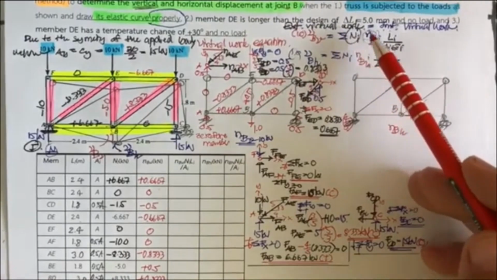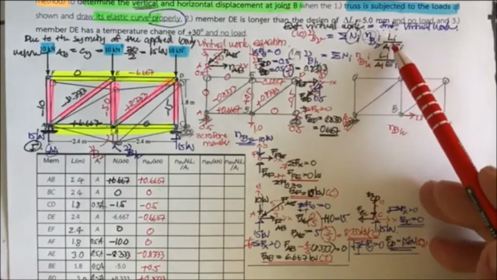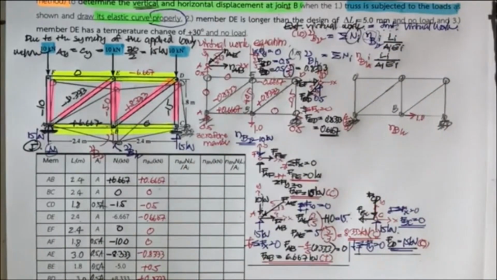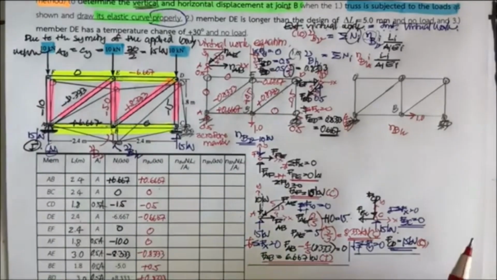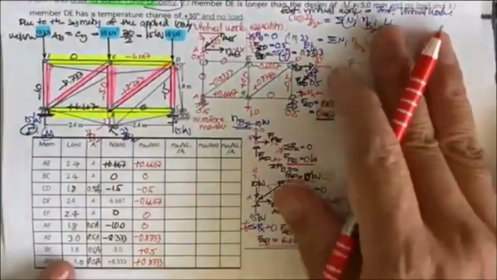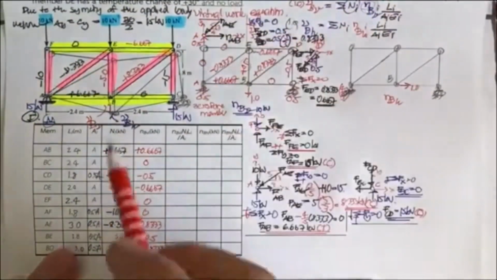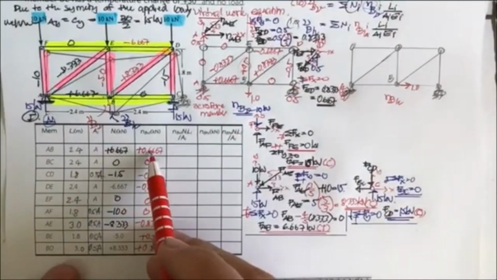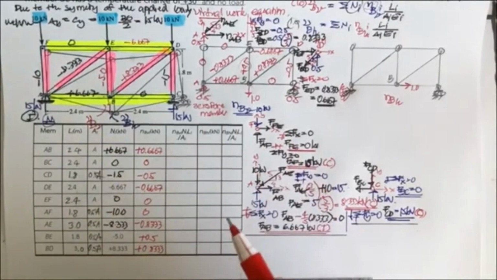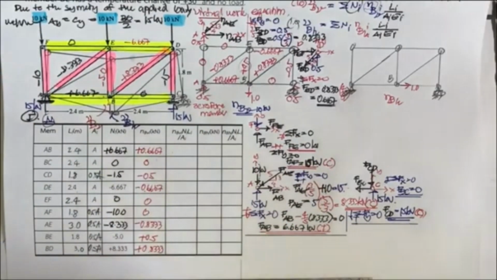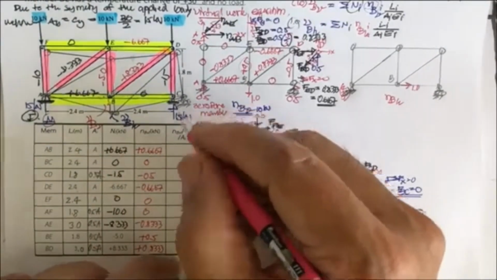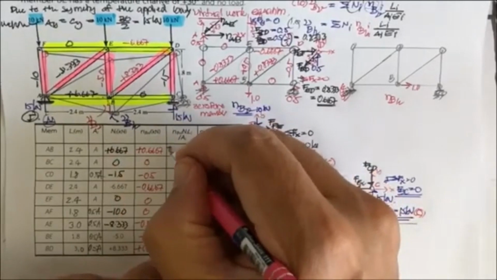So big capital N, small n, L divided by A. The E is the same, so we can put E later. Now what we have is we're going to determine this. So it's going to be capital N, small n, times L, divided by A. So the first one you will get is, this one times this one times this one is going to be plus